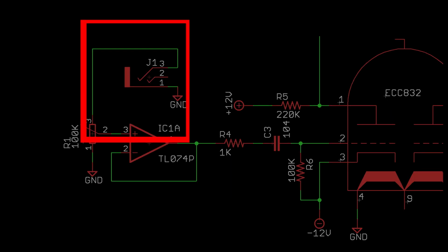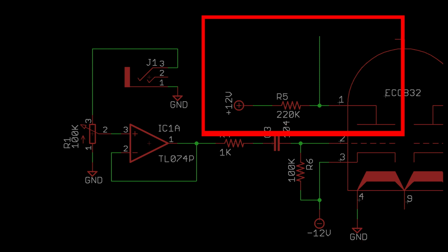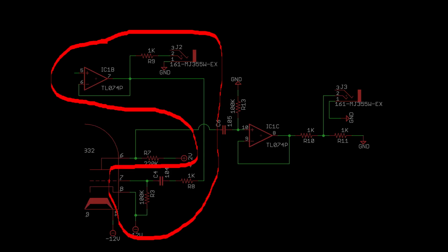Now let's go over how it works. Input signal comes in here. This potentiometer controls the drive level into the grid on the low gain side of the tube. And the amplified signal comes out the cathode of the tube here. It goes through another potentiometer, which does two things. It adjusts the level of the output on the module here, and